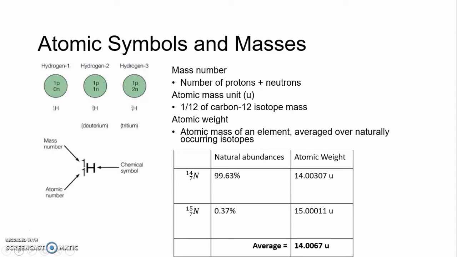So mass number is the number of protons plus neutrons. But strangely enough, one proton in one atom may not have the same mass as a proton in another atom. This has a lot to do with the density of the nucleus and the number of neutrons, and so on. There's a lot that comes into it. The basic point is that we take the atomic mass unit to be the mass of a proton in